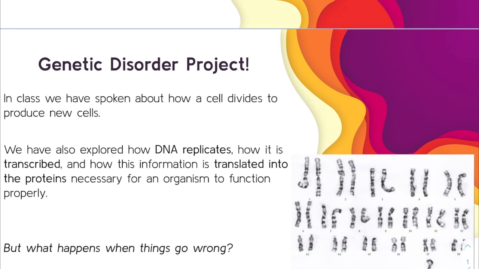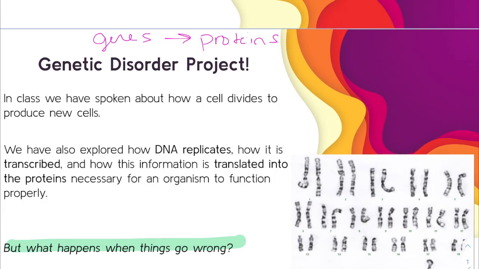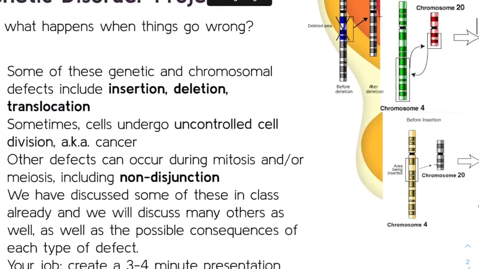In order for a cell to divide and produce new cells, the DNA needs to be copied and replicated. We also explored how DNA replicates, how it's transcribed and copied into mRNA, so that it can be translated into a protein. So remember, once again, genes code for proteins. We talked about that, and we also talked a little bit about what could happen if this goes wrong,